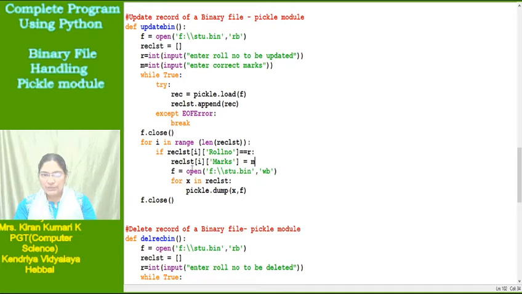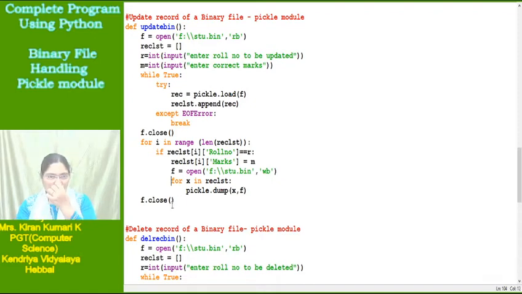After changing, what should we do? We have to write that particular record into the file, right? So after completion of this entire thing, now whatever record list we have, for x in record list, pickle.dump, we will be using dump for writing into the file. So x is now whatever is in the record list, that is dumped into the file.